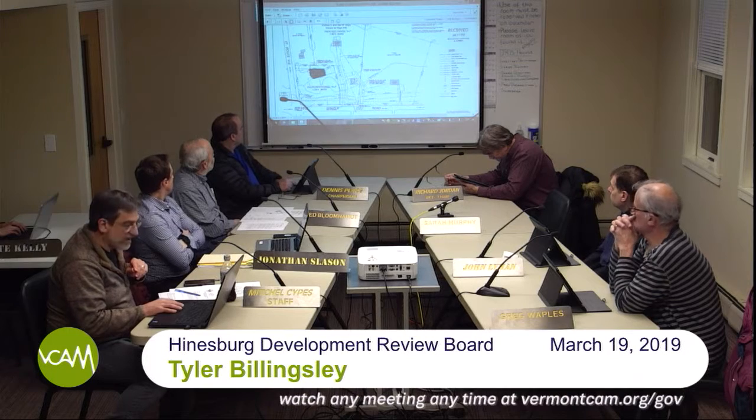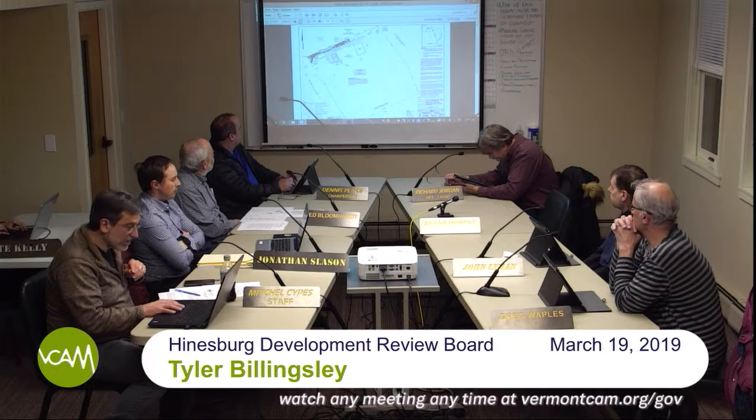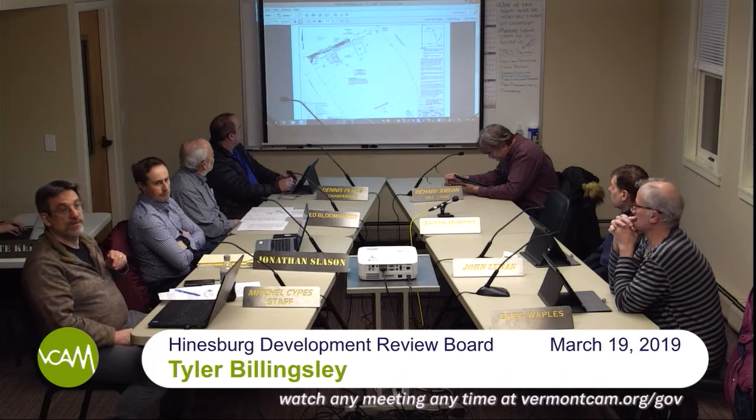Okay. And the place that makes the most sense is just into that building envelope that should have been on the original plat. So we're looking to amend the plat to go to the 116 setback that should be there. This, right here, is the 80-foot setback that was done to the property line, as opposed to being done to the center line of the roadway. I hired Barnard and Jarvis, the firm here in town with licensed land surveyors on staff,